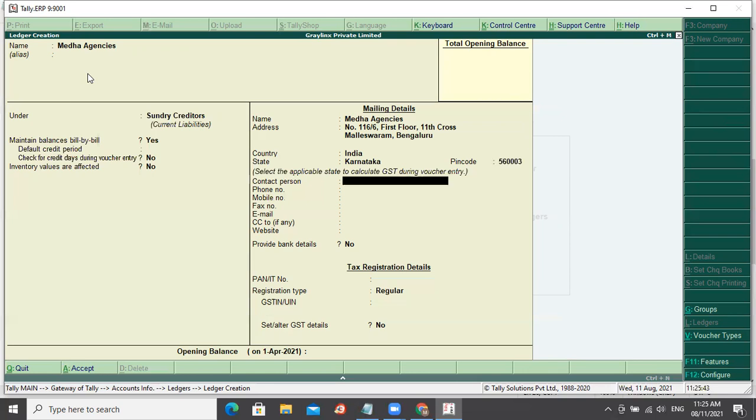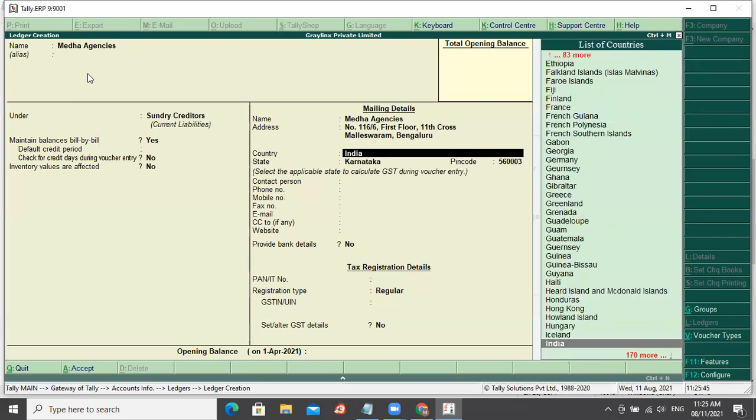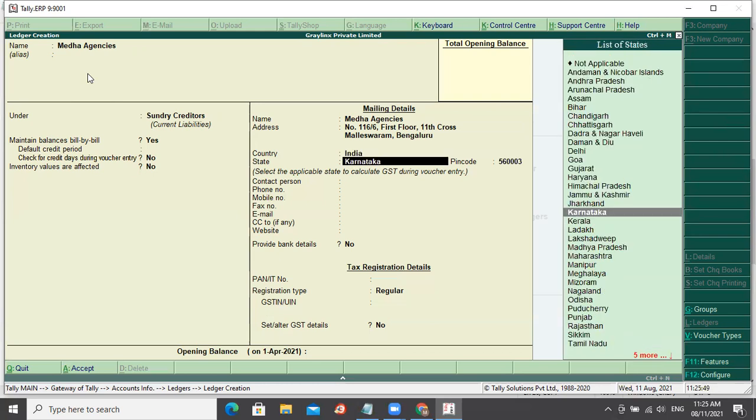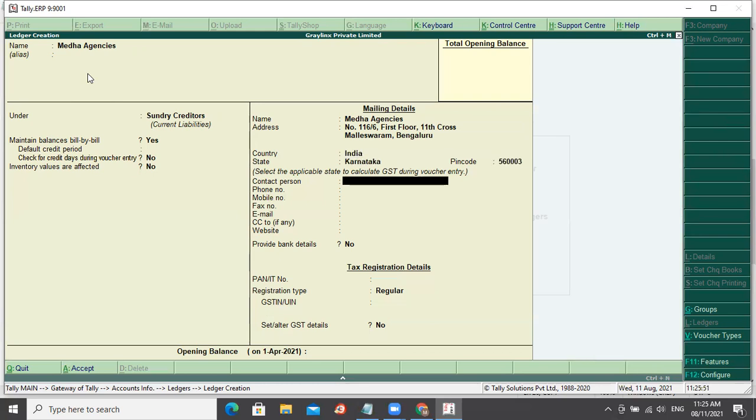This country and state is important if you want to auto-calculate your GST, so ensure that you give the right details.